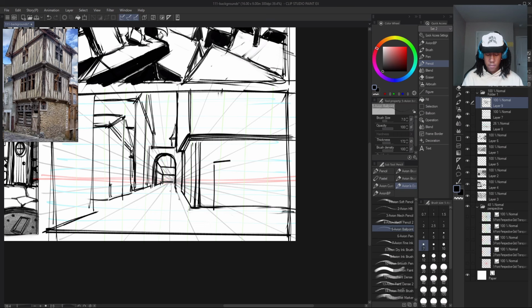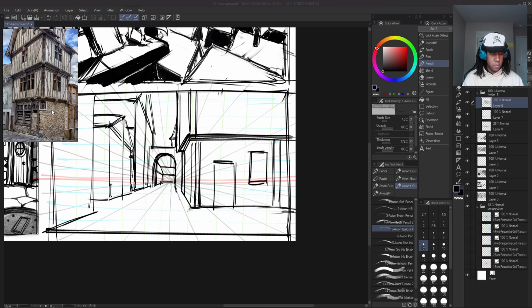So there's maybe a door here. Again, we start with that big simple shape, the door, this. Maybe there's a window here as well, represented with a rectangle. And then maybe I can draw another wooden beam here, this. And same thing for this level of the building. And then the beams line up with each other in the reference, right? There's a wooden beam here, here, and they just line up together. So that's what I'm looking to do in my own drawing on the side here. So erase these lines, reference, but